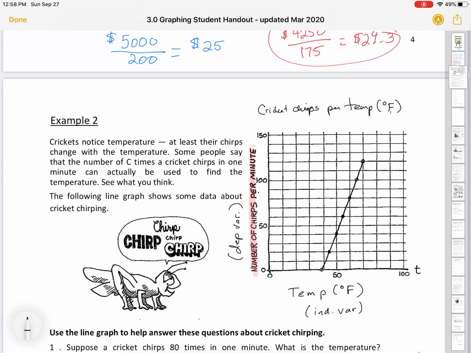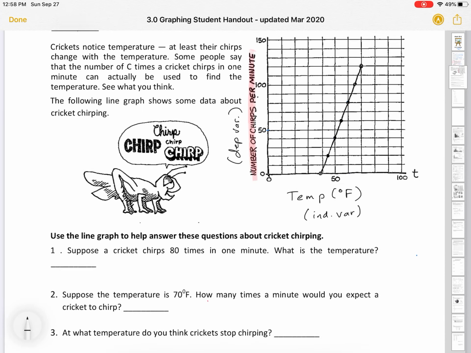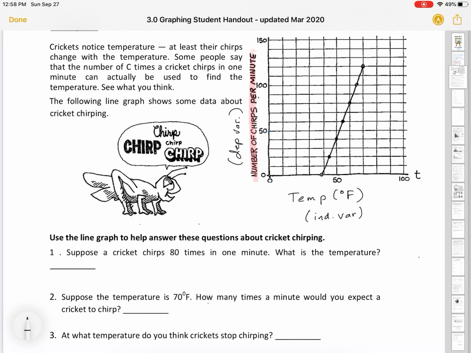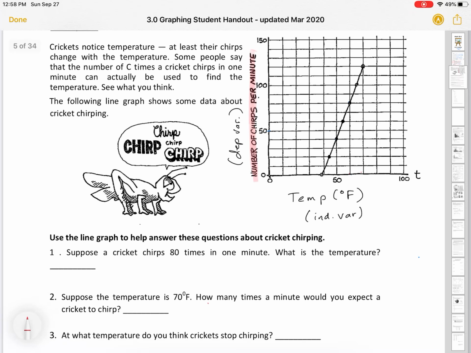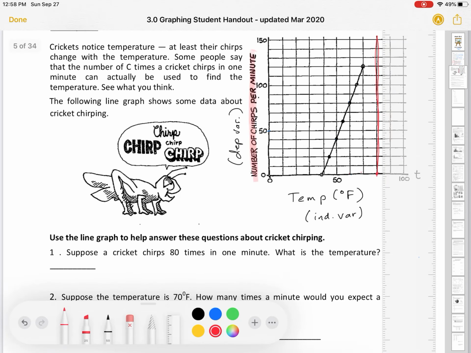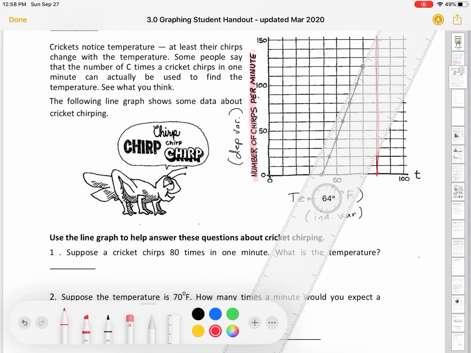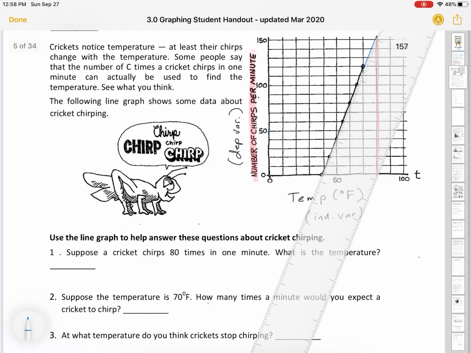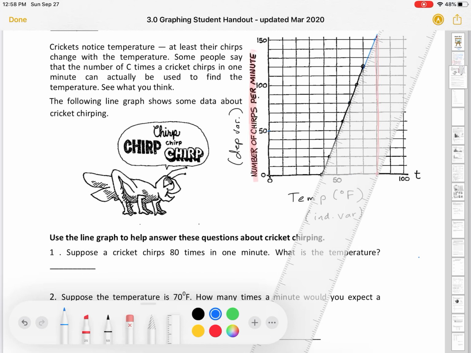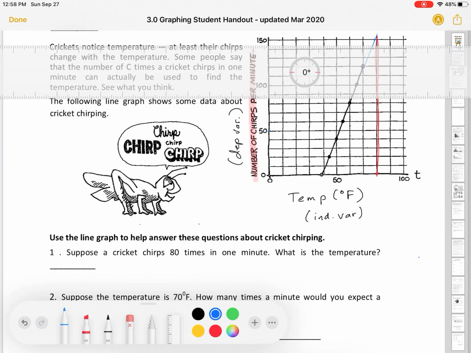So we're going to use this graph to help us answer these questions. Suppose a cricket chirps 80 times in 1 minute. What is the temperature? So let's take a look. At 80, so 50, 60, 70, 80, we're looking at here. So we've got to extend our line. Let's take our ruler and extend our line so we can match it up, extending our line up. And when we take our ruler over,